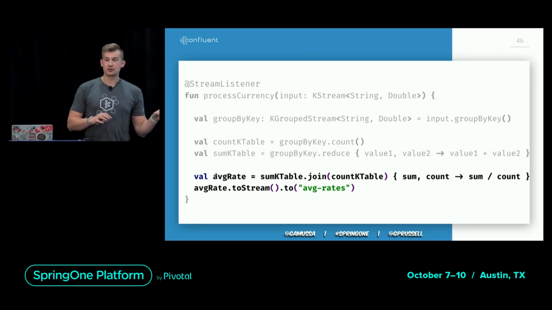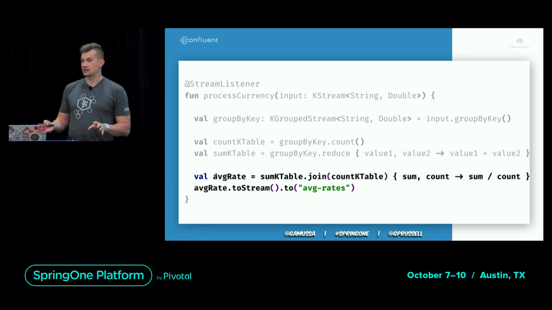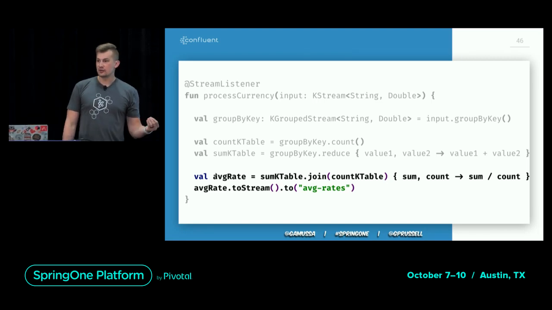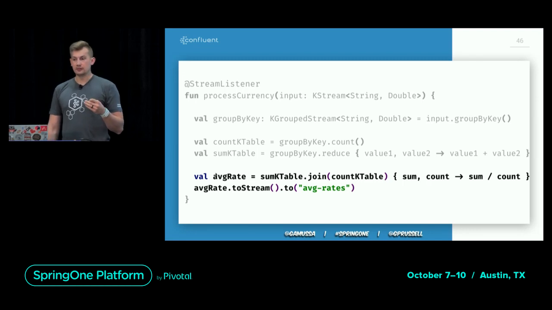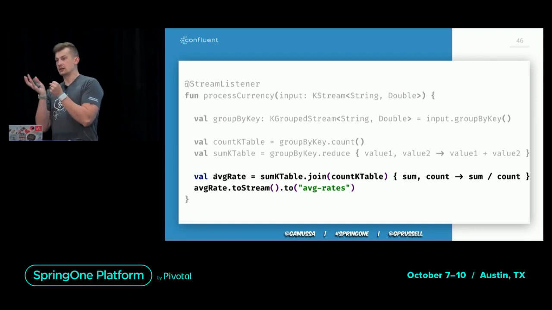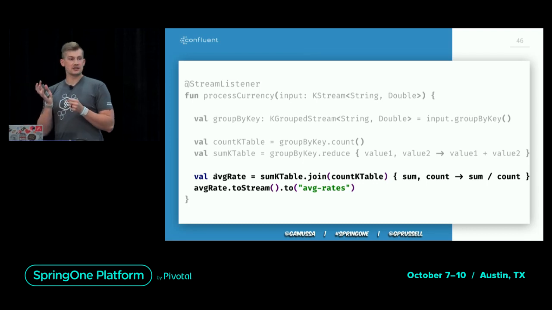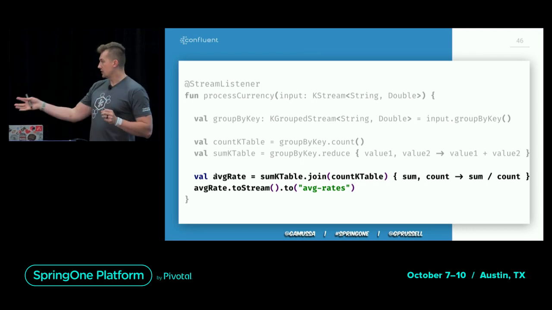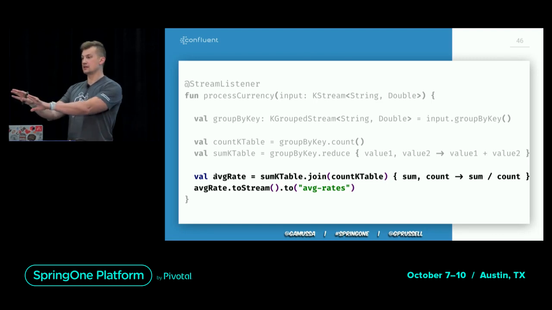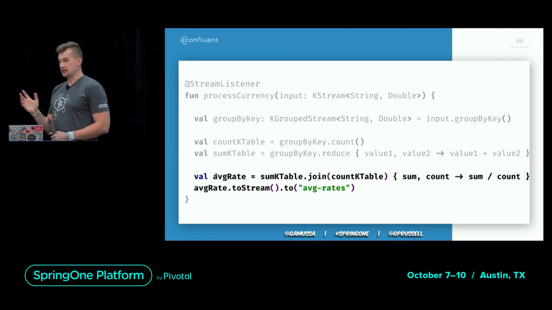It is what we call stream-to-table duality, or stream-table duality, where we have a stream of data that we can turn into a table, meaning that we have a history of the data. We can generate state. And out of this table, we can also get the change events, the same way as in a traditional database, and turn these change events into a stream of updates into a Kafka topic.